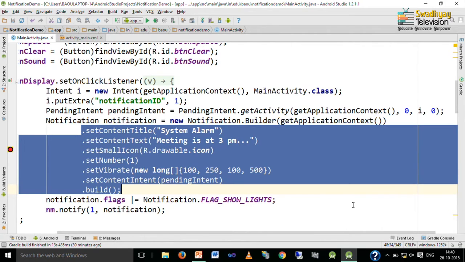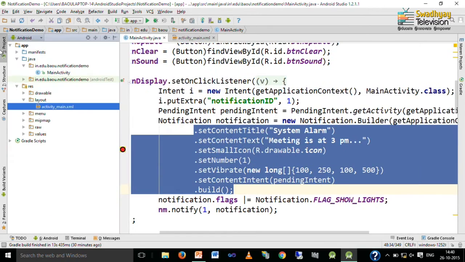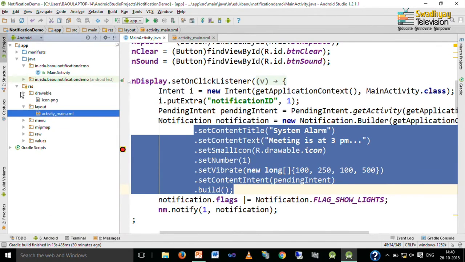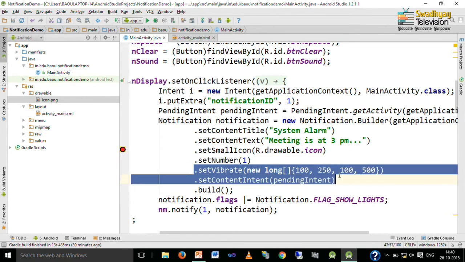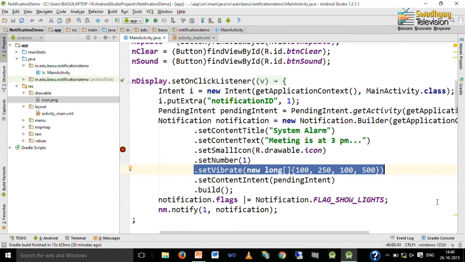And then we set the small icon. I have already placed this icon inside my drawable folder that you can see here. So, this is an icon.png file that I use for the small icon. Then this setNumber sets the number for our notification as 1, and finally, we set vibration for our notification.